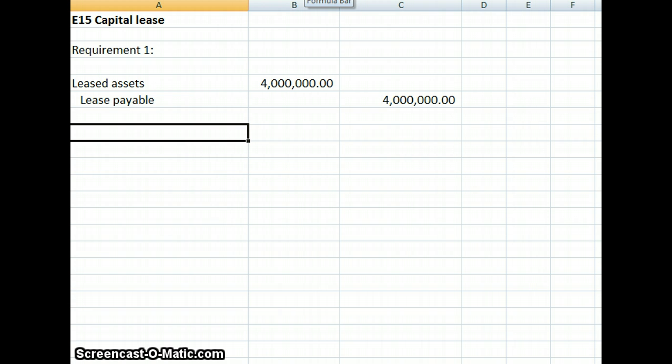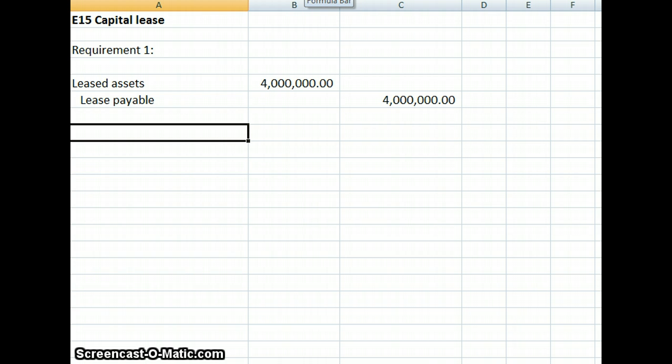Second, it's asking us for an amortization table, and what we're going to do there is use our present value of an ordinary annuity tables, which is in the back of your book, or you can use your calculator, that works too. In your intermediate accounting book, it's table 4 at the back of the book, present value of annuity, and you have an interest rate of 10%. We have 4 periods because there are 4 payments, so we go across to 10% on the table, 4 payments, and it comes down to a value of